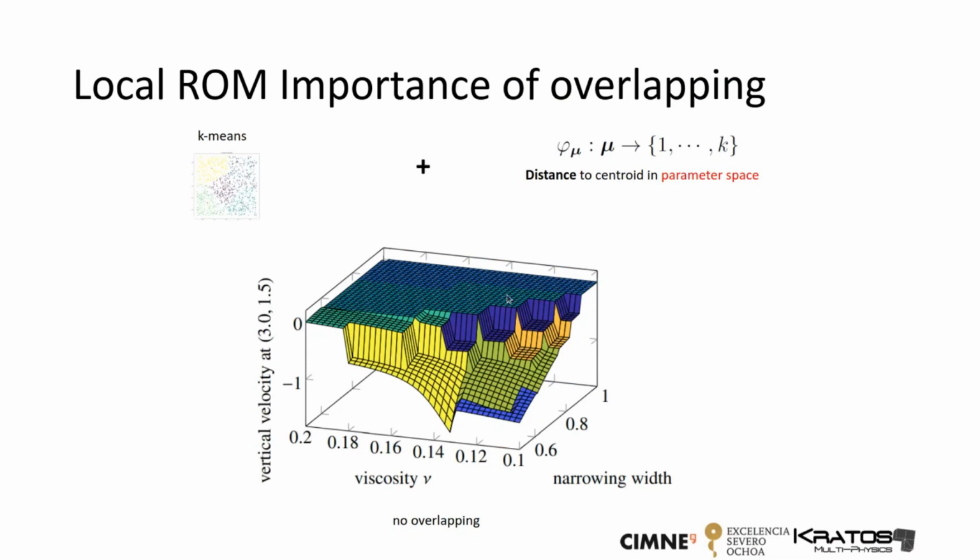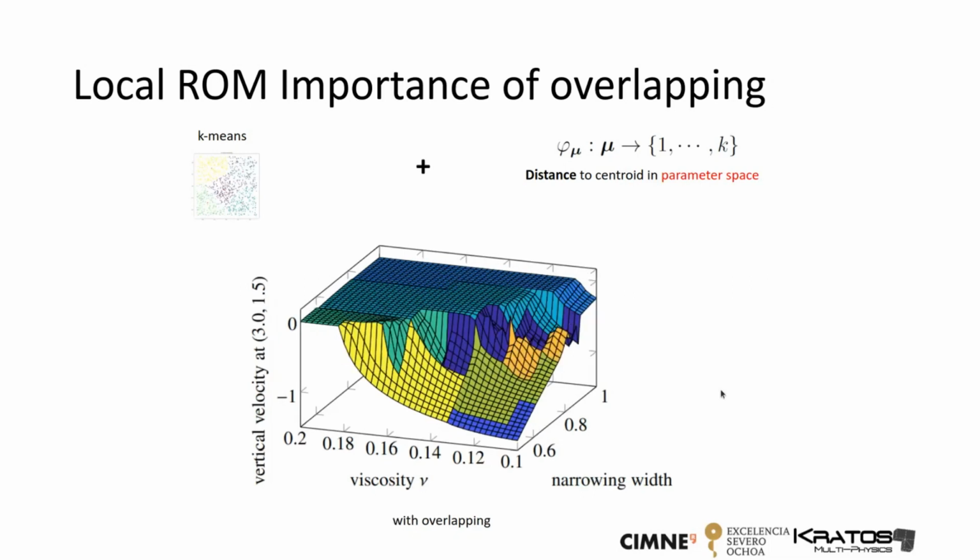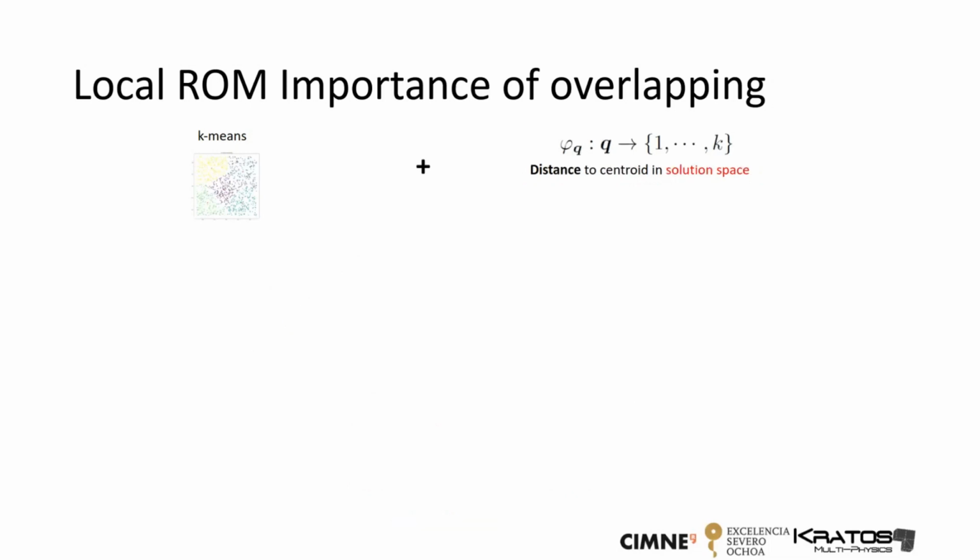And as you can see, there are some jumps. This is some quantity of interest, and you are changing two parameters. There are two parameters being changed, and you get some quantity of interest. So if you put no overlapping, you get these jumps. If you add some overlap, then you get a more smooth response. And this is because you are monitoring the parameter space. On the other hand, if you are monitoring the solution space, it might happen as something worse, that you don't even get to evolve to that solution. This is something that I did.